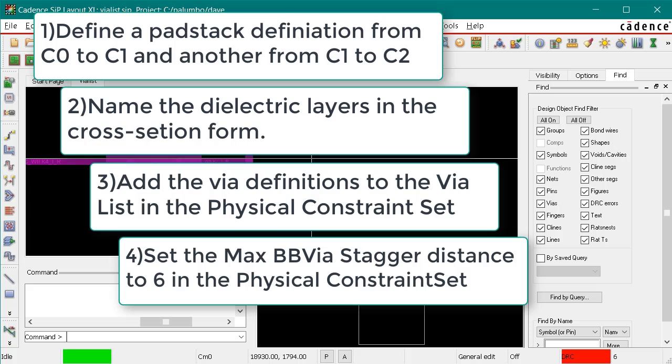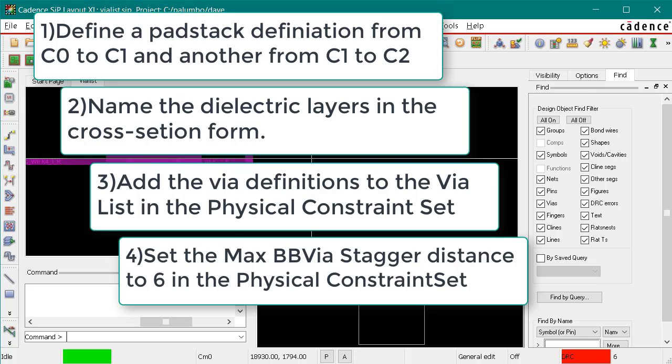Also in the constraint manager, we set the maximum BB-via stagger distance in the physical constraint set to 6 microns. That's what gave us our exact 6 micron stagger on that CM1 layer. And since the metal on the CM1 layer for each of the pad stacks was also 6 microns, it made